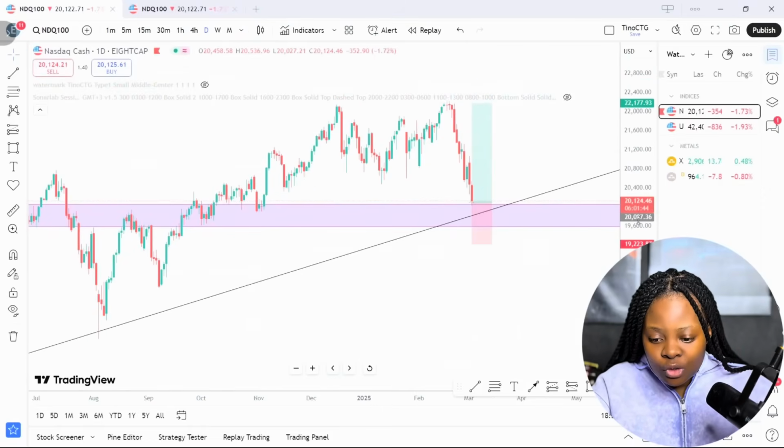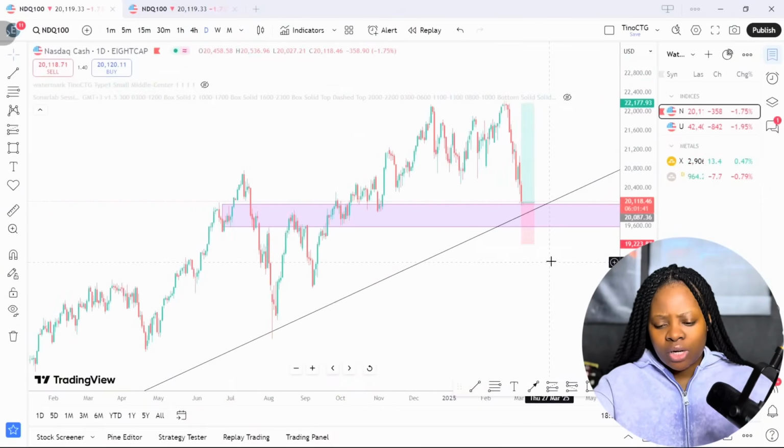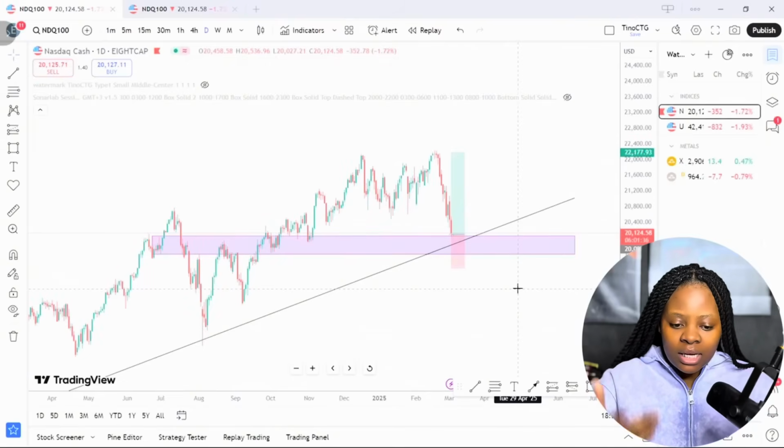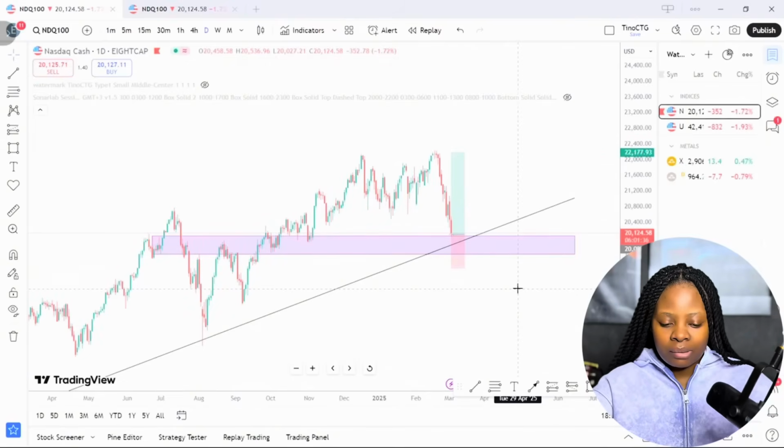That's enough of a little bit of knowledge on the tariffs and stuff. Right now, let's go on to the Nasdaq trade and let's just see. So I also shared this trade in the free group. It was a pretty straightforward trade, right? And I did make the whole analysis on Sunday, and generally everything we were looking for, the market dropped into